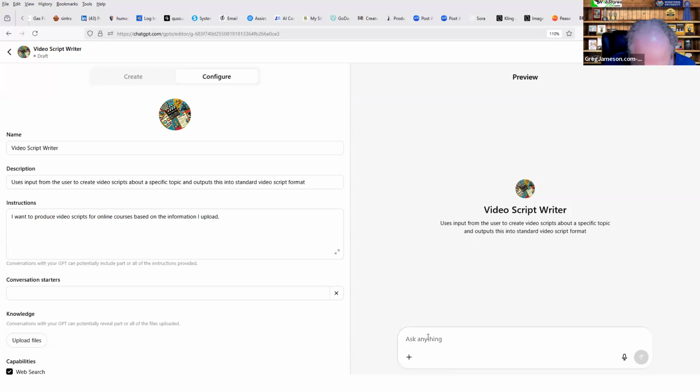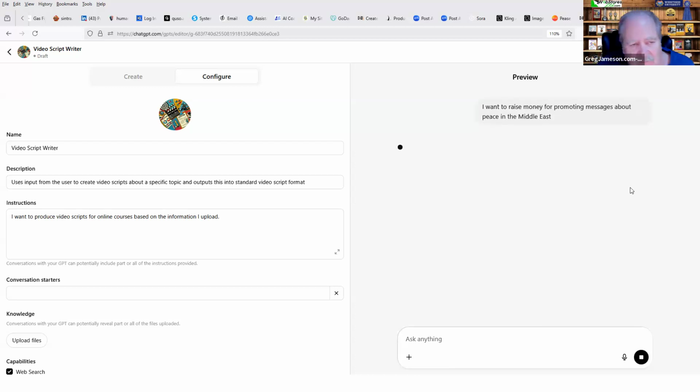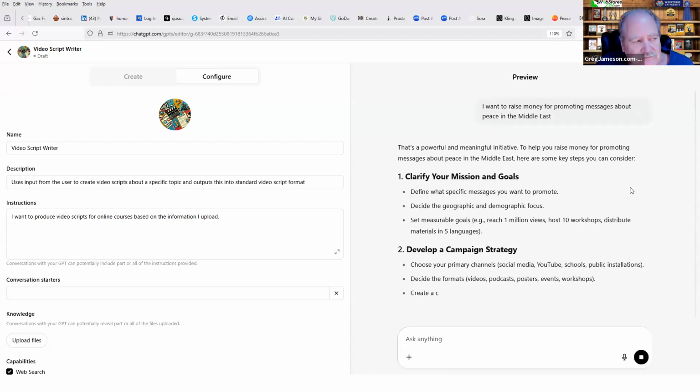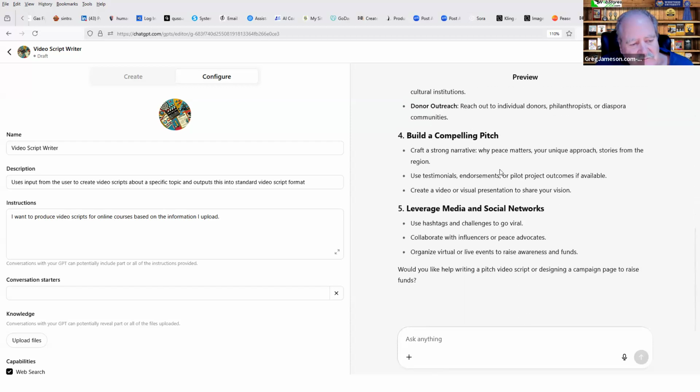I want to raise money for promoting messages about peace in the Middle East. So this is just how I'm going to test it. And it gave an outline.